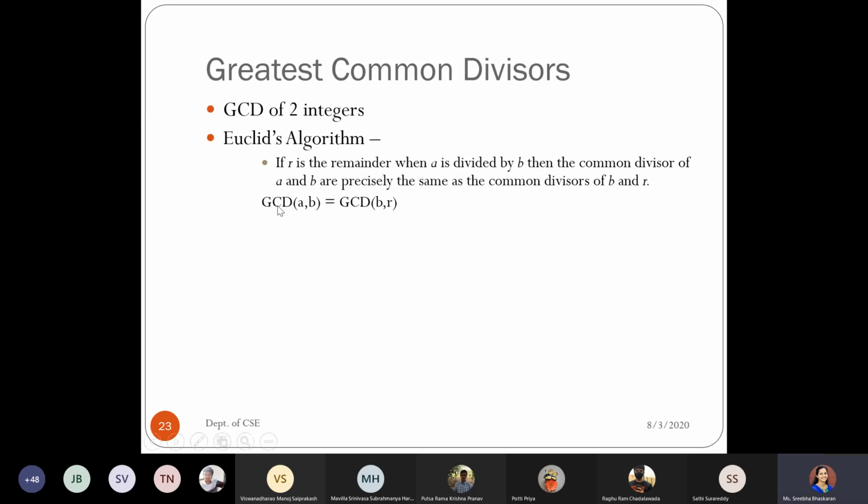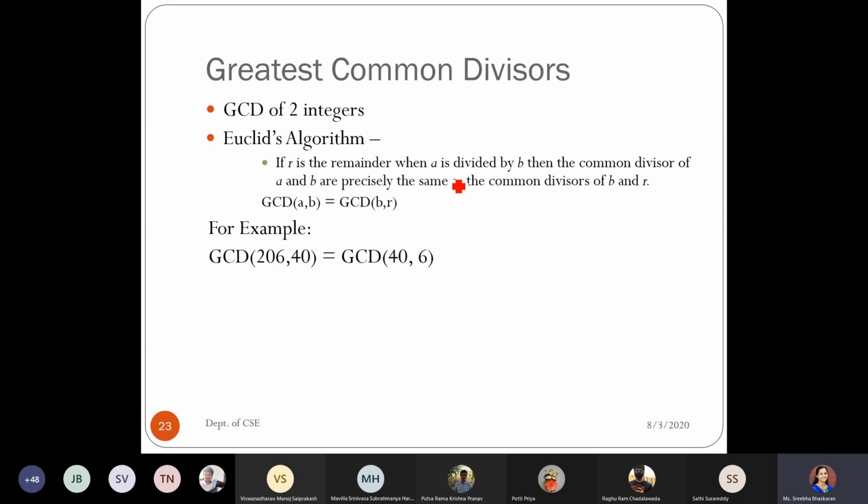So if you see here in this step, I have already mentioned that the first time when you are passing, we are passing the two numbers which are named a and b. The next time when you're calling, we will be taking the remainder value along with this. So your A value will become B, and B will be the remainder of A by B. You keep repeating this till your remainder becomes 0.